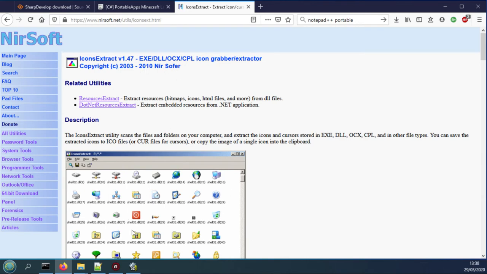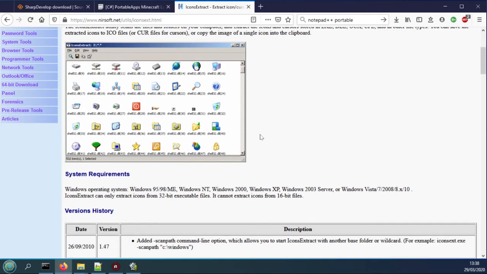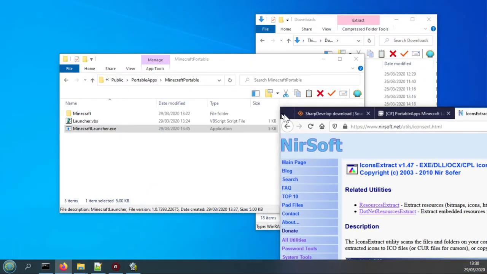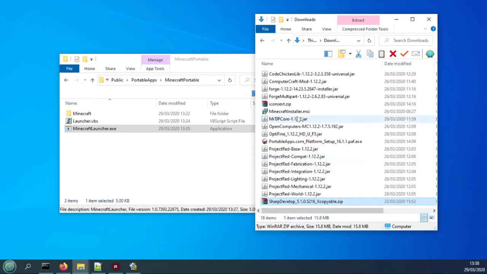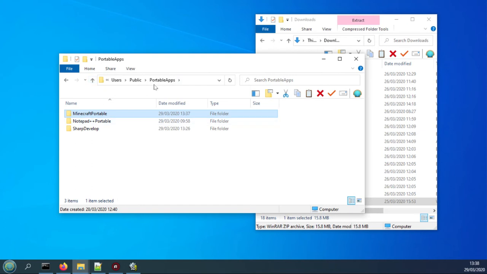It allows you to extract icons from many different places, exe files, DLL, OCX, whatever, and save them so that you can use them. So if you download that, which again of course I've already done, it comes out as this one here, icons.exe.zip. So that's what you'll download from that link there. So I'm just going to go back up one so that we're in our Portable Apps installation, and I'll double click